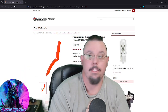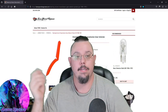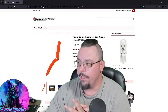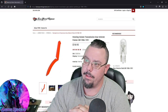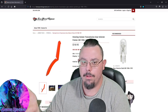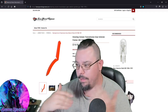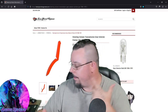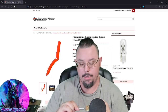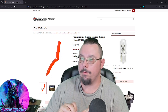But the Team Grand Wagoneer, they did a good deal. They shipped it. It got here nice. It was supposed to be here the other day, but it spent a couple days in Colorado, and then it was delayed in Las Vegas for some reason. I wish that they would sell this. I asked them about it, and it took them a while to respond to the email, and then I responded to their query of